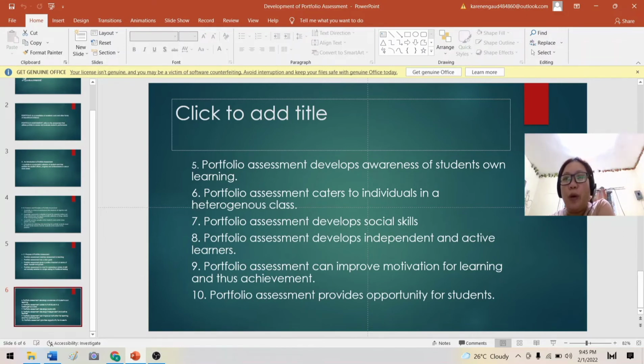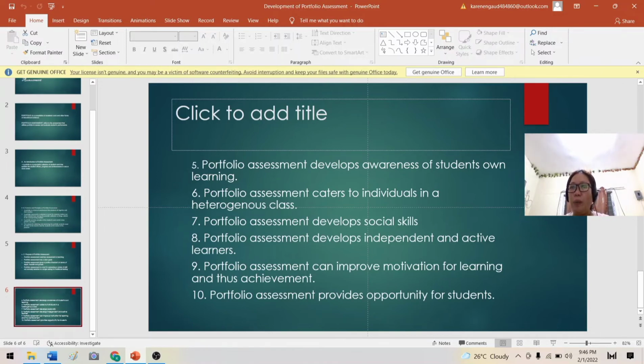Next is portfolio assessment provides opportunity for student-teacher dialogue. This assessment enables teachers to get to know their students more. The goal setting present in portfolio enables teacher and students to have joint effort in achieving the goals. Like nabanggit ko na rin kanina, like for example, yung relationship ng teacher and yung students, nagkakaroon sila ng dialogue or nagkakaroon sila ng social interaction katulad ng nabanggit din kanina because